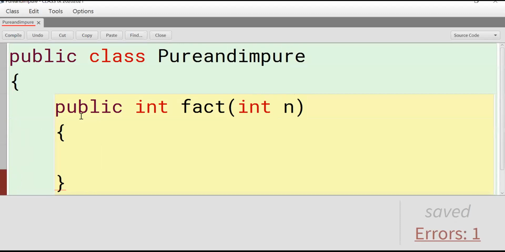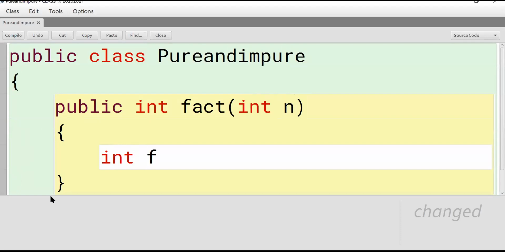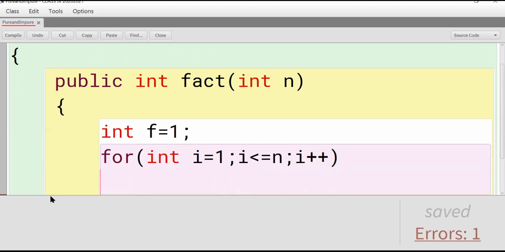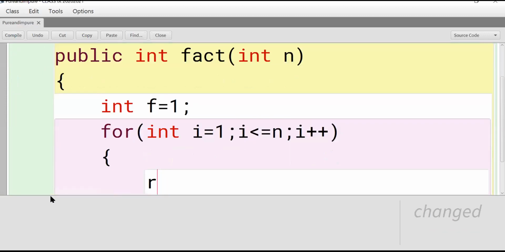Here function name is add. Function name is factor, sorry. F value initially 1. F is equal to F into I.